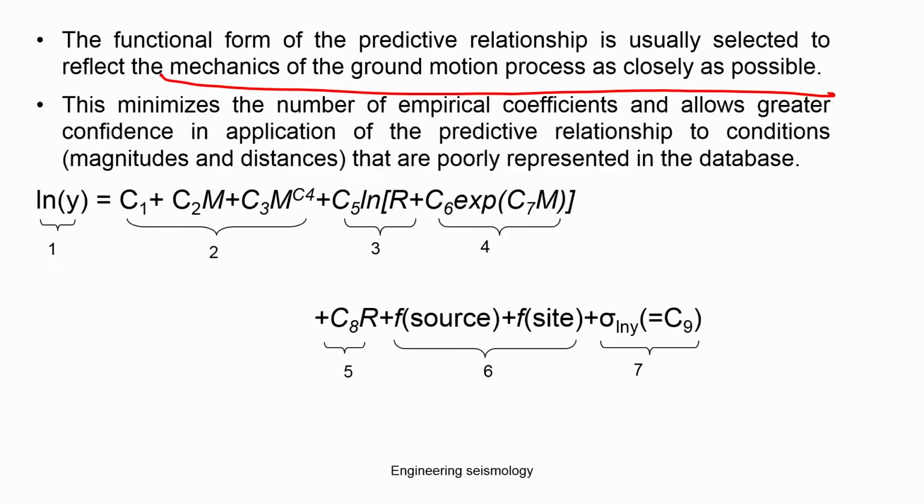So, any predictive equation should be this: the left side, okay, is ln of y, and then c1 plus c2 m plus c3 (8.5 minus m) to the power c4 plus c5 ln r plus c6 m, so exponential of c7 m and c8 r, and the function of source and site factors, and then the c9. Okay. So, this entire equation has been segmented into 7 parts. We will discuss what each part means,